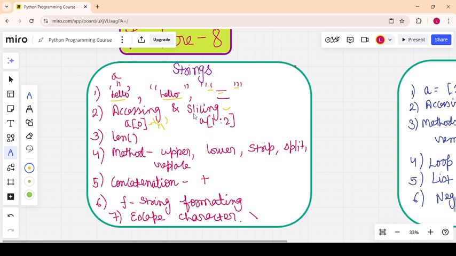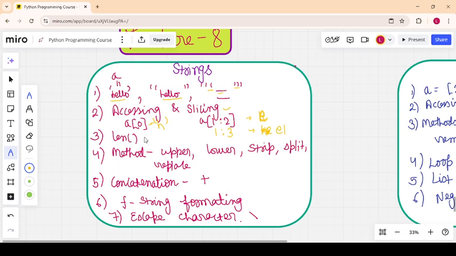And it also goes through slicing. Slicing is nothing but getting a range of characters, in case of a string. So one colon two, it means one is inclusive, second is exclusive. So we will get here H. Suppose I mention here one, two, three. So it means we get H E. No, it is one, so we will get here E. Sorry, we will get E. Here we'll get E L. E L.